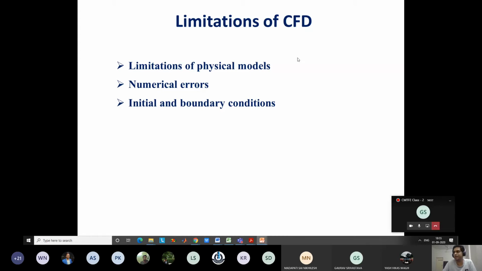You will see that a lot of predictions were made recently when the cyclone was in Orissa and Bengal. They give an error range also: the maximum deviation on the left side will be this, and the maximum deviation on the right side will be this. Based on the accuracy of their CFD model, and nowadays the models have become quite good, you can give quite accurate predictions. After 1 day, what will be the position, with some error, with some deviation. Those are still possible to solve, but there are limitations.